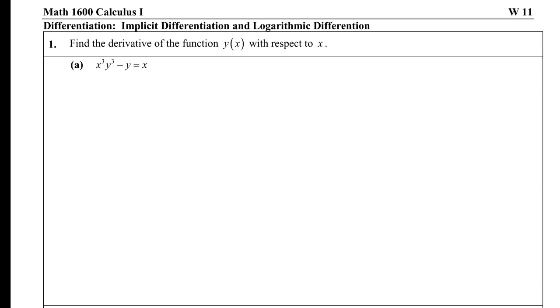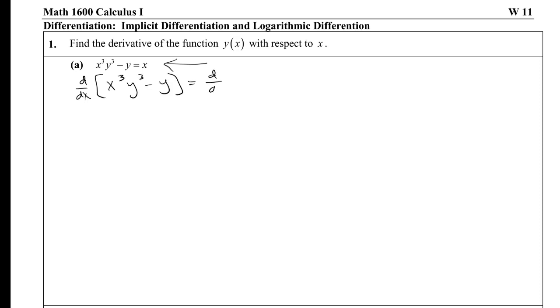So let's practice some problems from this worksheet on implicit differentiation and logarithmic differentiation. All right, so we want to find the derivative of the function y with respect to x. So starting with this problem here, we see that obviously y is defined implicitly, so we're going to have to use a technique of implicit differentiation. So I'm going to take the derivative of each side